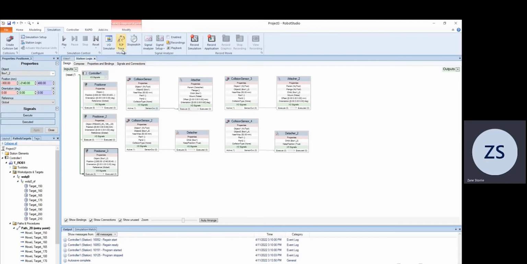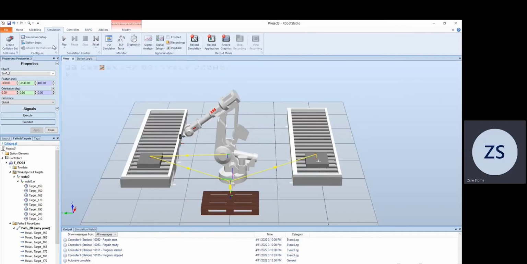And without any further ado, I'll show you this simulation. So just go back to the view and